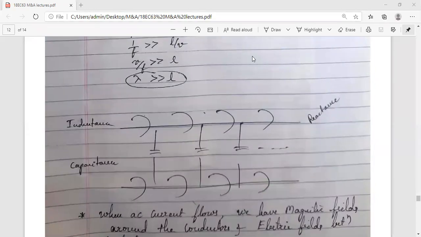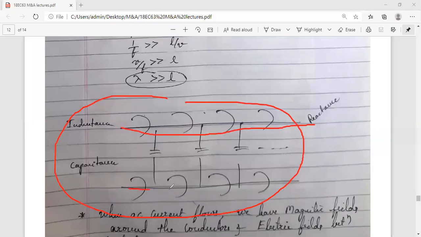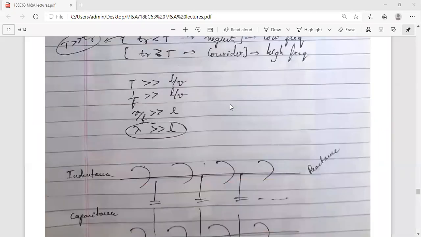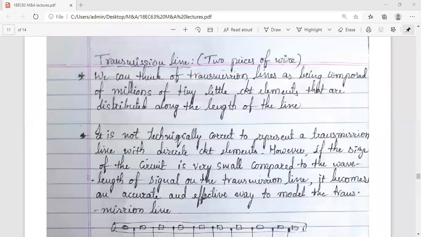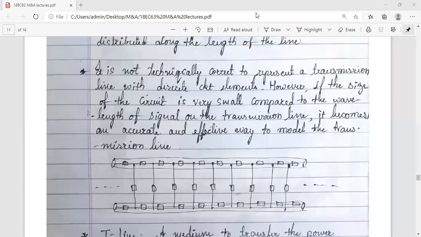This is the figure, you can observe it. This indicates a pair of transmission lines running parallel. And I had told you in the previous class about this diagram I had shown. These small boxes which I have drawn are not the components which we actually connect to the wires. No, they represent the effect of that particular component. That's why we represent these boxes in between these two parallel transmission lines.